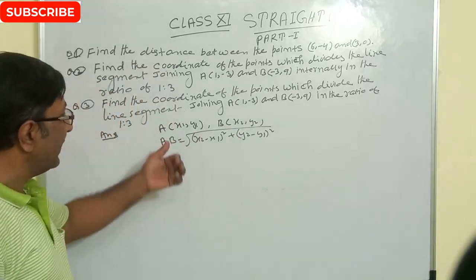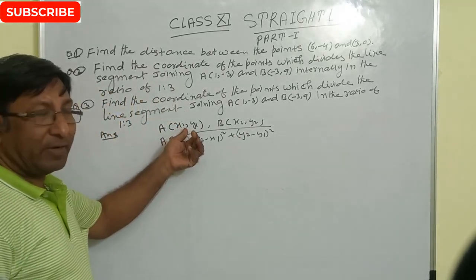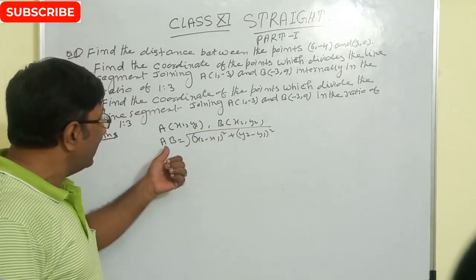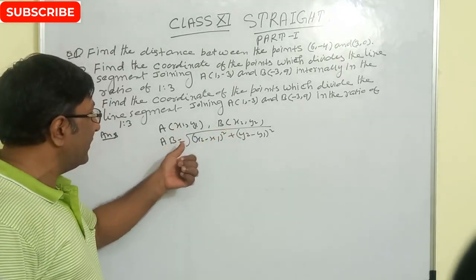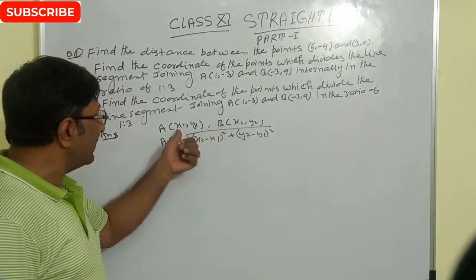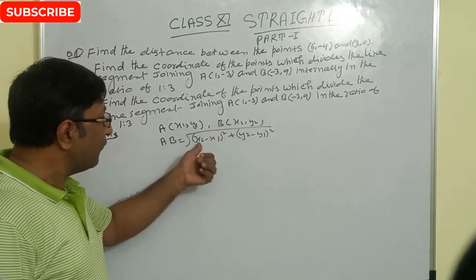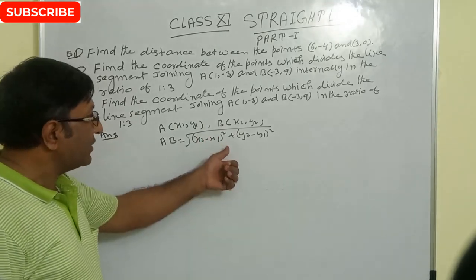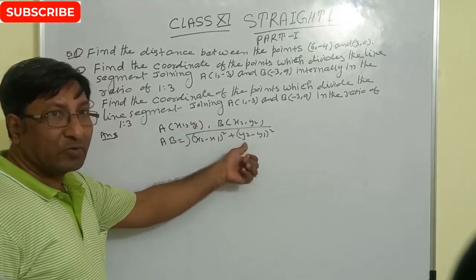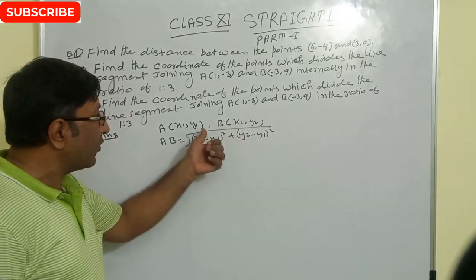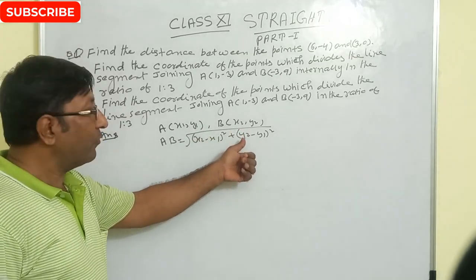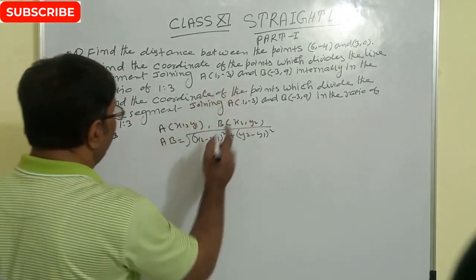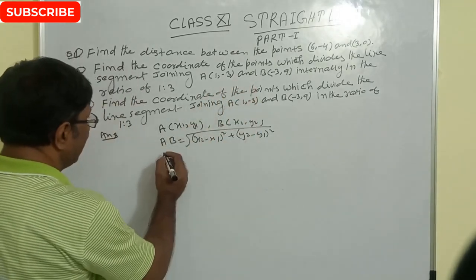So if the point A given coordinate x1 y1, point B given coordinate x2 y2, then we can find AB. Distance between A and B is AB equal to x2 minus x1 whole square, that is difference of x coordinate, or you can say abscissa whole square, plus y2 minus y1 whole square, that is difference of y coordinate, or you can say difference of ordinate whole square, root under. Okay, so in the same way, suppose our point is given here, A is given what?